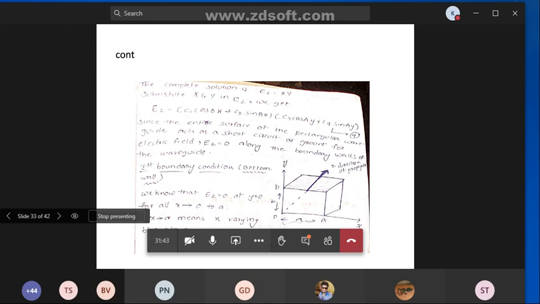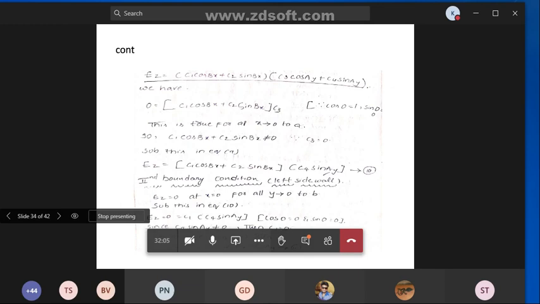Clear? So x changes from 0 to a. So x varying between 0 to a. So substitute this condition in equation 9. Then you will get,